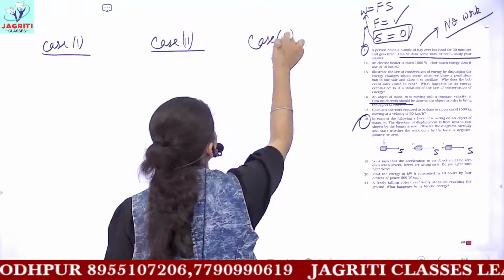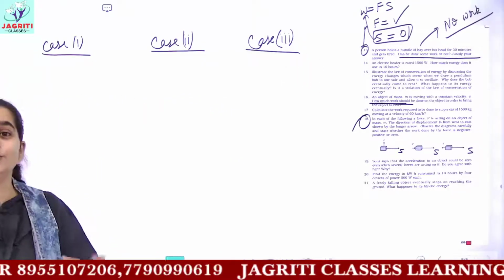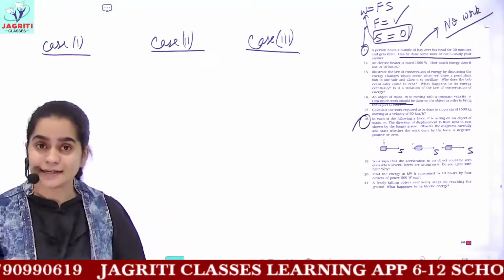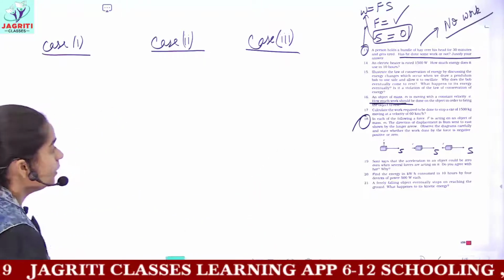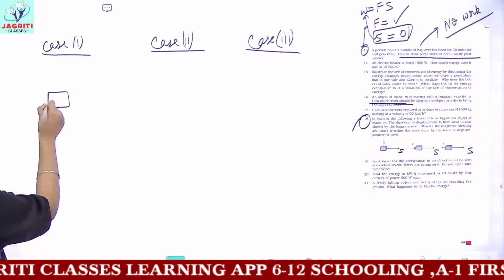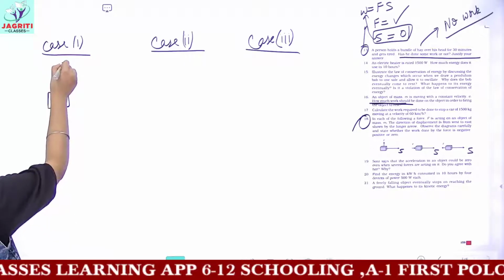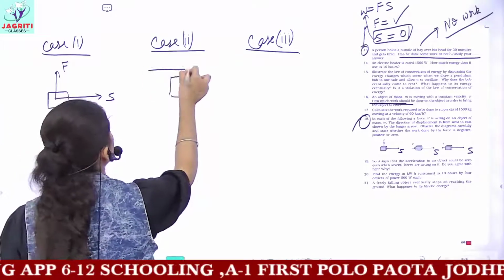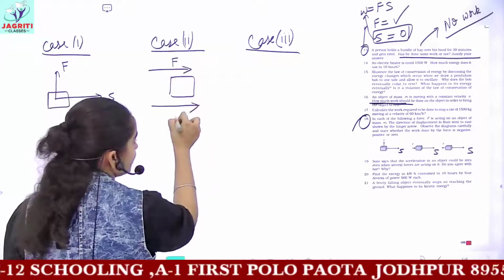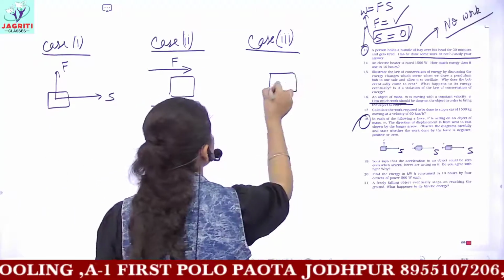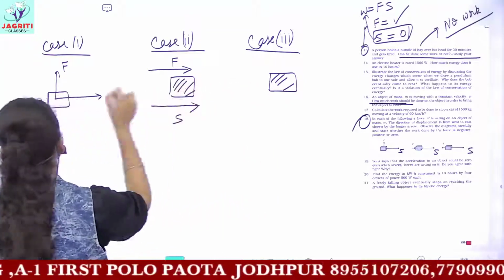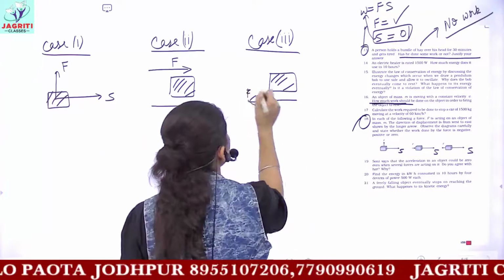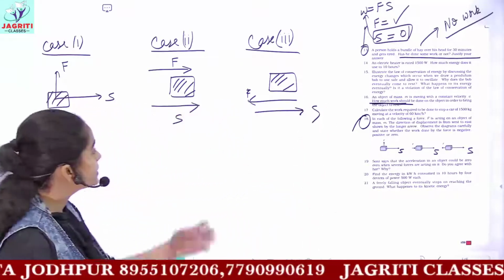This is a direct question for us because I have already told you the different types of work, positive, negative and 0 work, in our introductory class, which are based on the angle. In the first case, this is the object, in this direction force is applied and this is the displacement. The second tells you the direction of force is this, the direction of displacement is this. In the third case, you have the direction of force here and the direction of displacement towards the opposite direction.